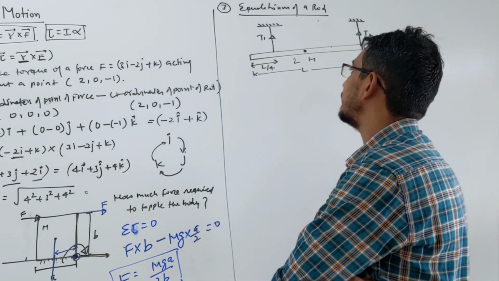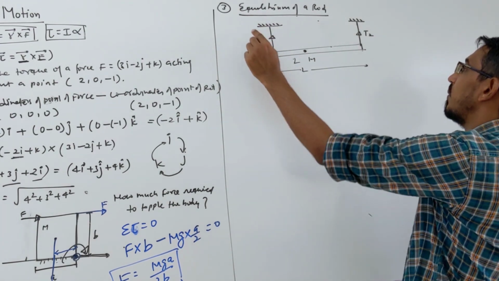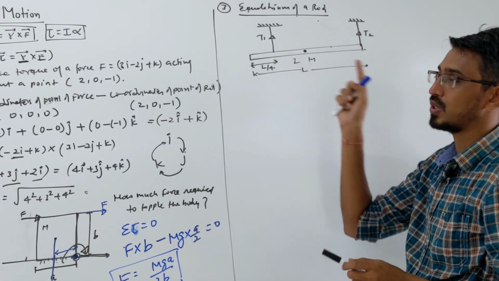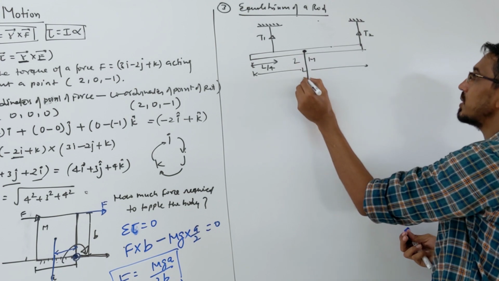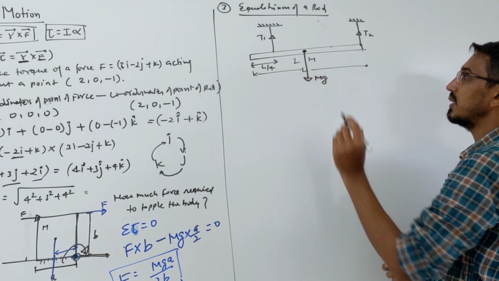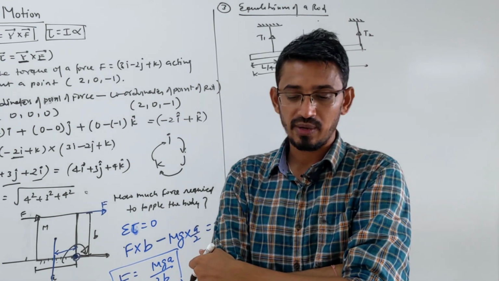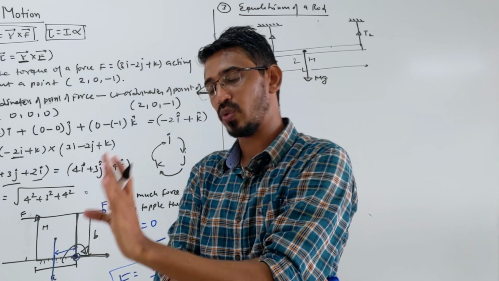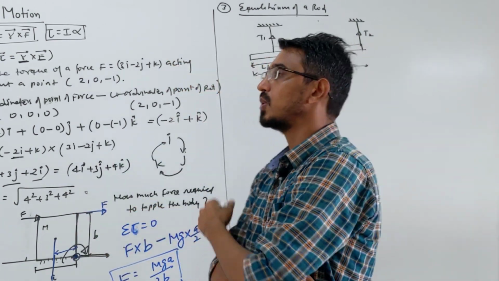First you write the forces acting in this system. Two forces we already wrote, tension T1 and T2. The other force is the weight of the rod, which acts through the middle point of the rod, that is your mg here. These are the three forces acting. So we have to calculate the net torque due to these three forces and make it equal to 0, because this system is under rotational equilibrium.